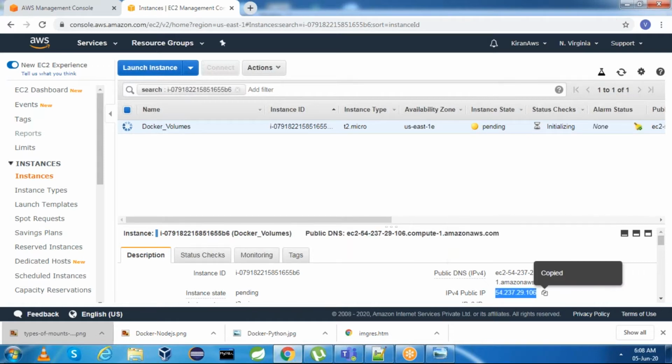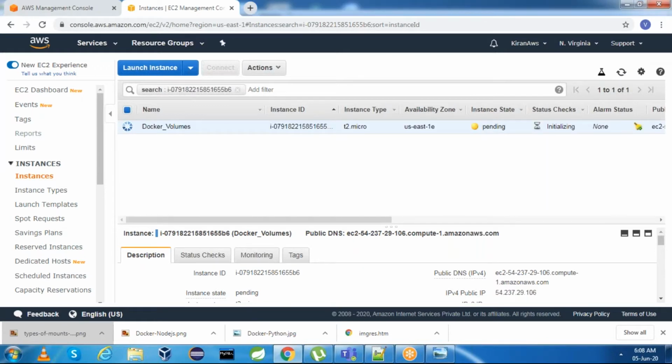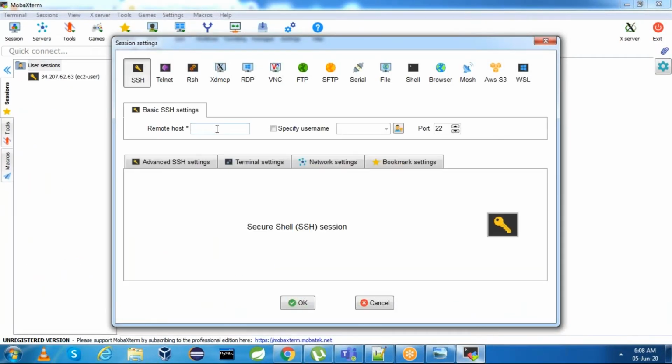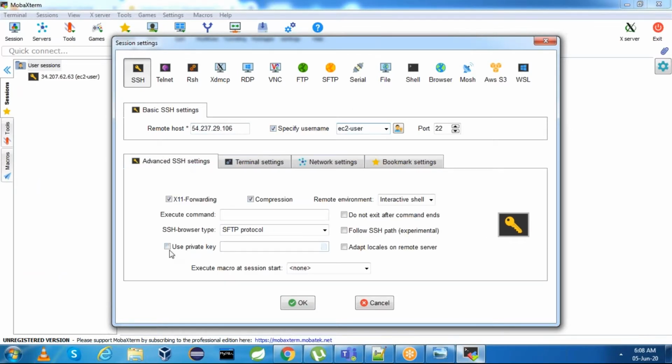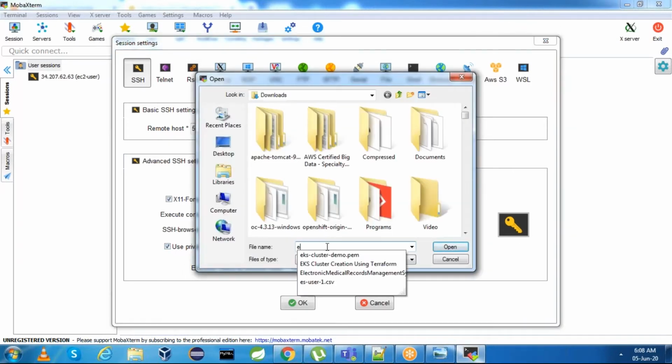Grab the IPv4 public address, open MobaXterm. Session, SSH. This is the remote host. Specify username ec2-user, advanced SSH settings, use private key. This is the key pair.